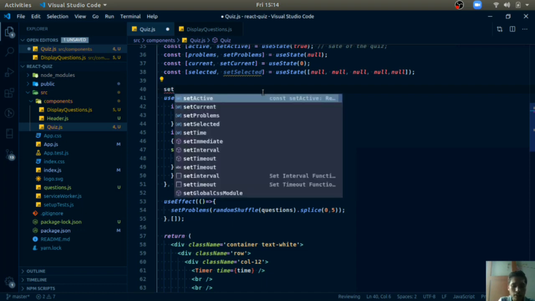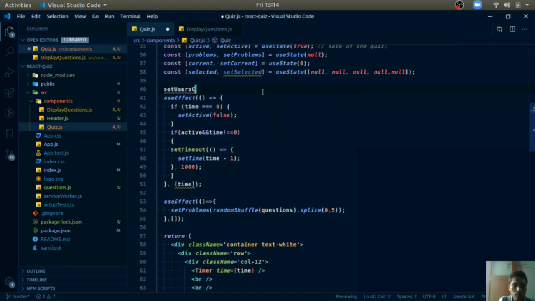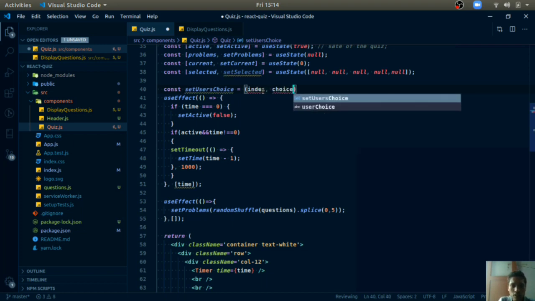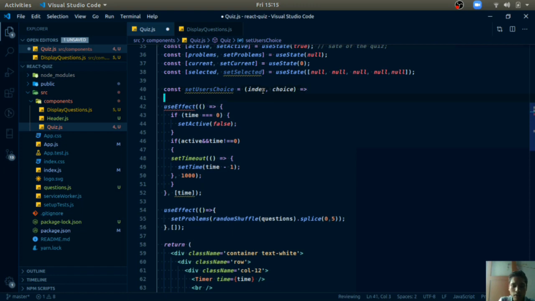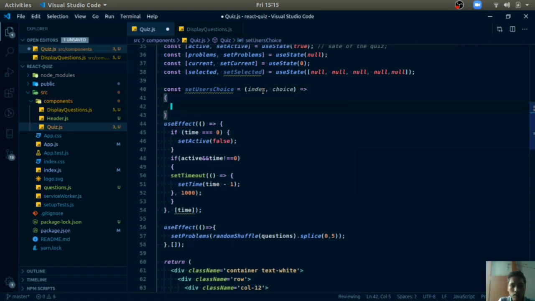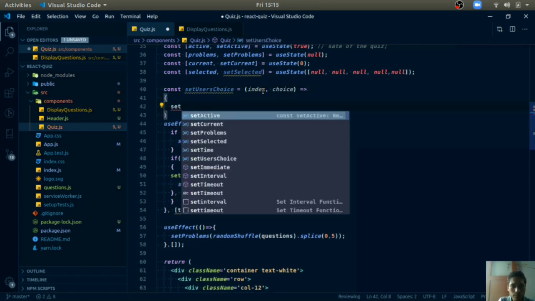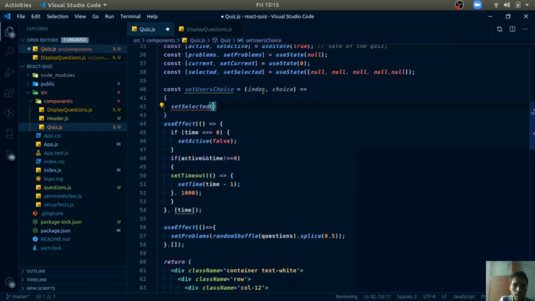So I am creating set user choice as a function, const set user choice equals to, it will take two things, index and what you want to make the choice, index and choice. And what it will do, it will call this set selected, and we will manipulate this selected array so that this index is changed to whatever choice the user provided.